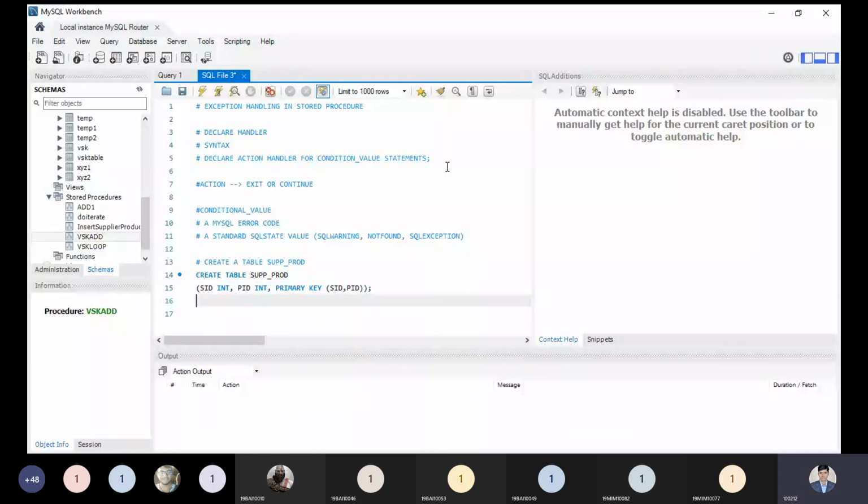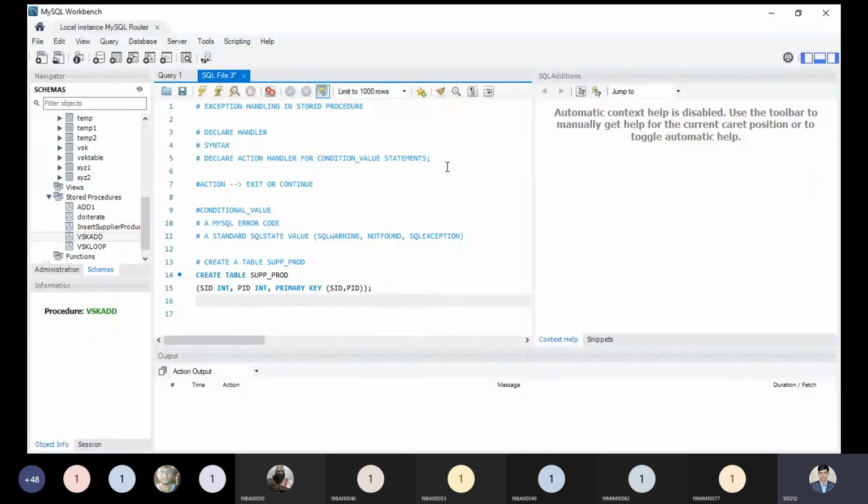Okay. Now tell me, so far everything is clear to all? What I mean to say is that any exception can be handled by the declared handler. Okay, so what is a handler? It is just like a catch block. If an exception is generated, then it will catch something. Catch something means catch the exception, and how we manage it.